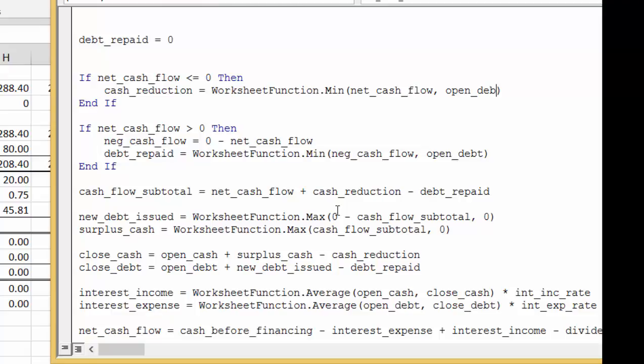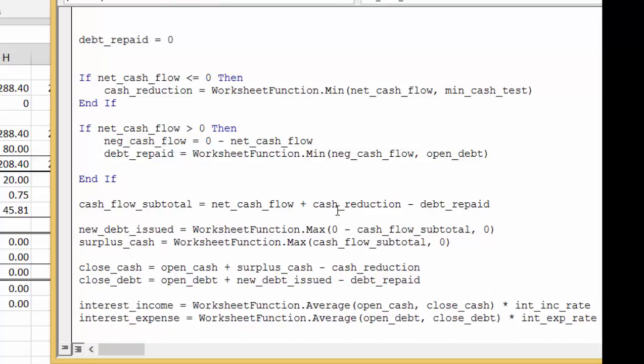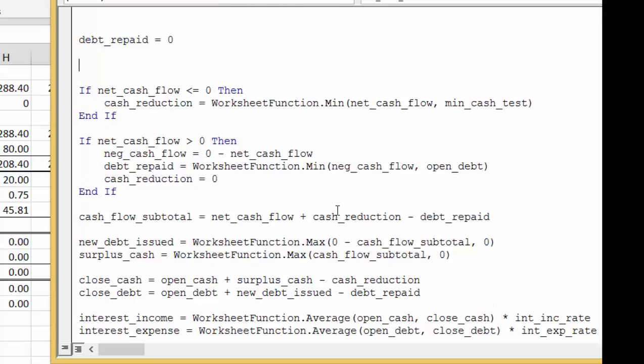I'm going to call it the minimum cash test. Okay, and if the cash flow is positive, we better also say negative rather. We better say the cash reduction is 0, and that means we better put a cash reduction equals 0,